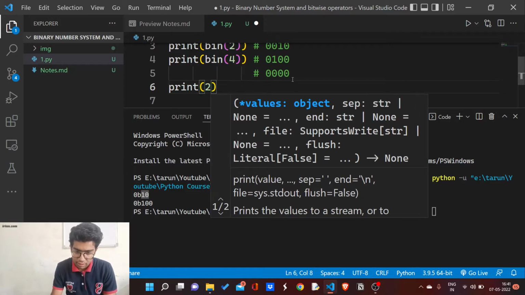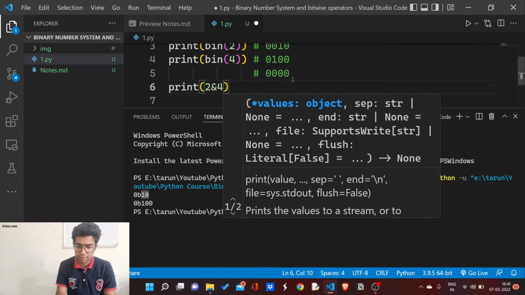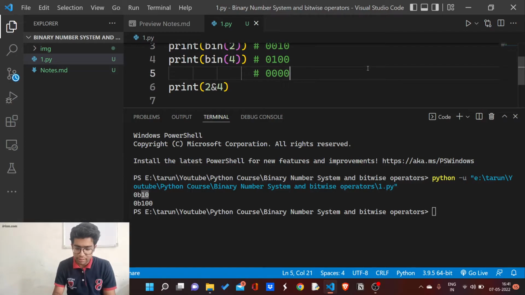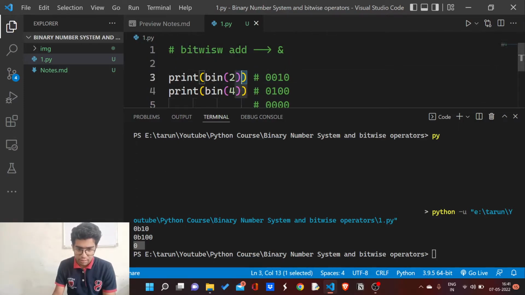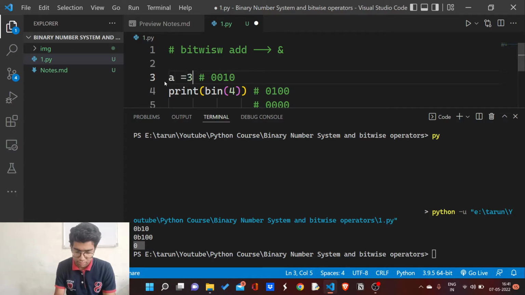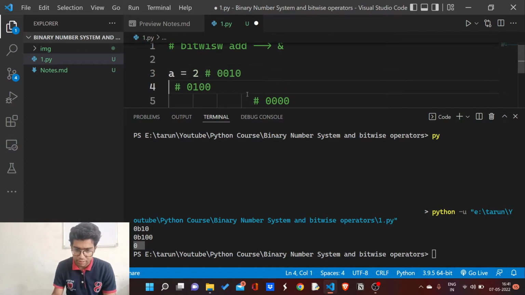Let's check it: 2 and 4. It will return our answer. Now you can see I am getting 0 as my answer. B equals 4.